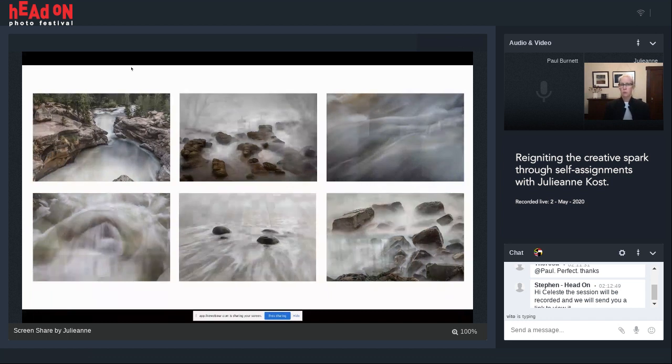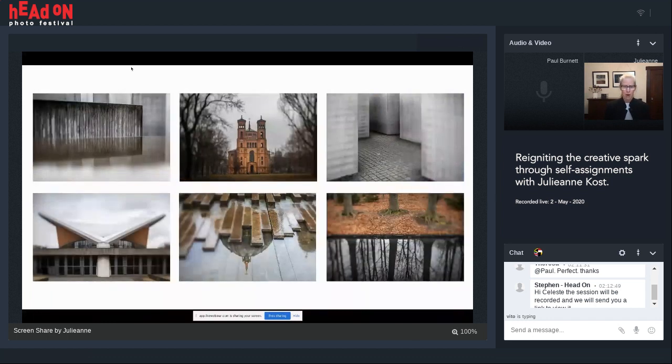Now, another short term one, this is very short. This was a day project. So I happened to be going to Berlin, and I defined my project as just getting reacquainted with my tilt shift lens. If you don't know what a tilt shift lens is, it's a special kind of lens that you can use primarily for architecture, and it actually helps you straighten buildings. But I use it in a little bit different capacity. I usually use it to throw things out of focus.